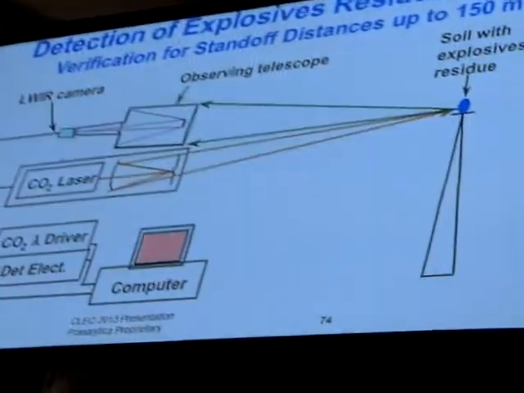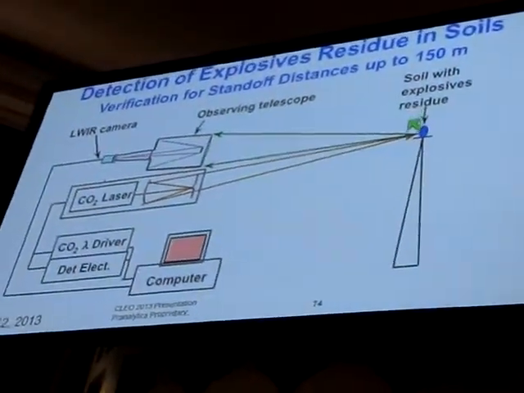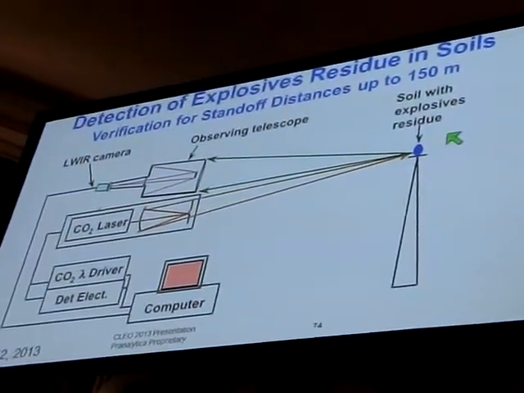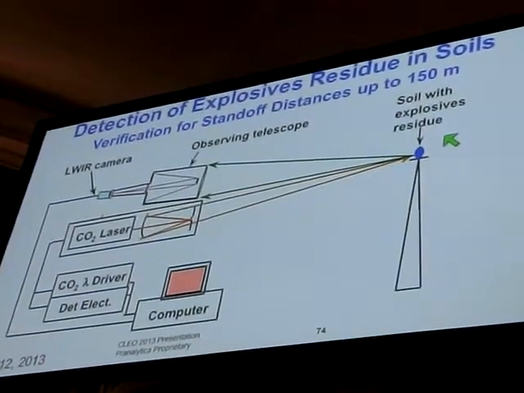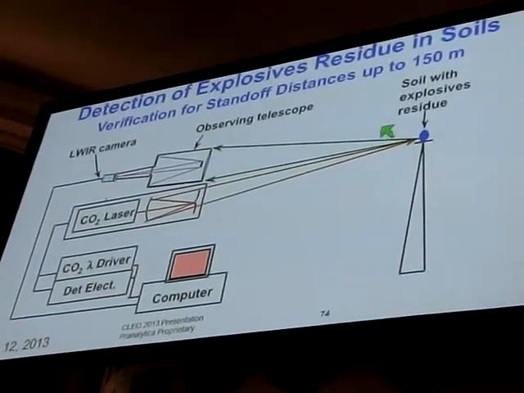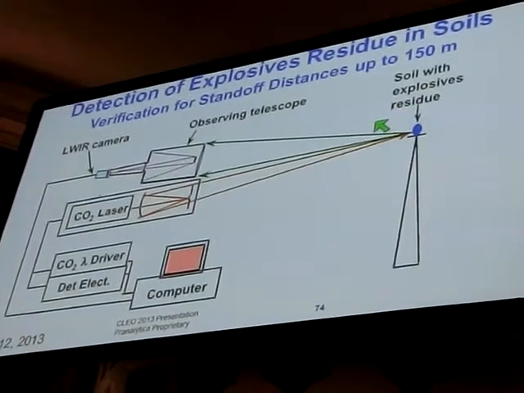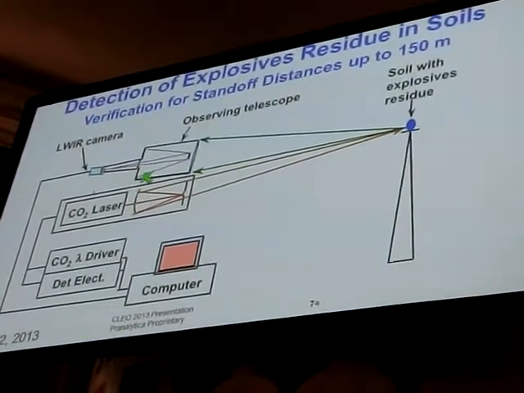This is how the system works. You have a laser system. You irradiate a remote sample. In this particular case, we are looking at soil which was contaminated with explosives which were tested there. You look at whatever signal comes back at you, collect it with a telescope, and analyze it as a